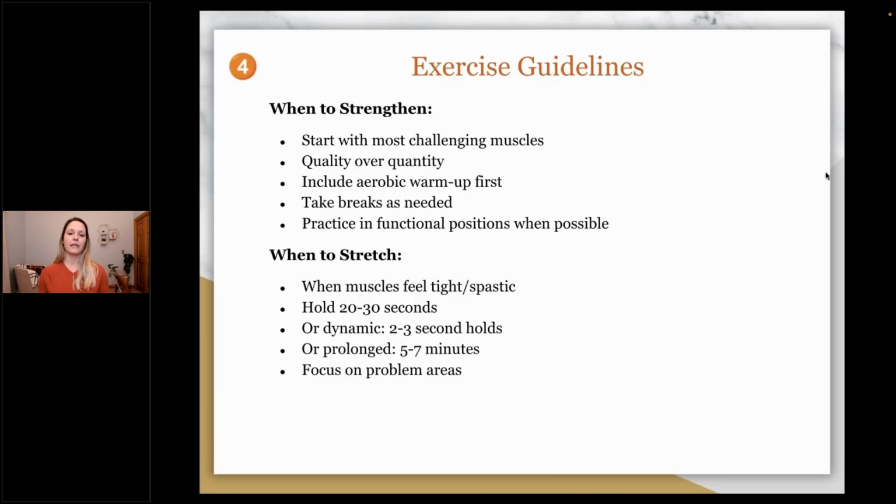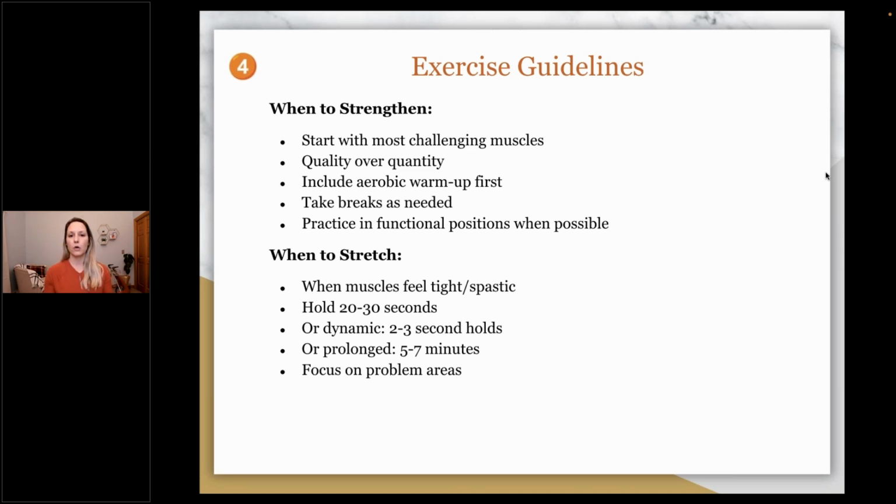Exercise guidelines that I want to leave you with today. When to strengthen: start with the most challenging muscles first. Oftentimes, I find that if you're starting with the most challenging muscles first, while it might feel defeating and discouraging because it's really hard to strengthen and move them, it can be really eye-opening of how much strength is needed. And I would encourage you to feel a sense of pride that you are choosing to isolate that muscle and